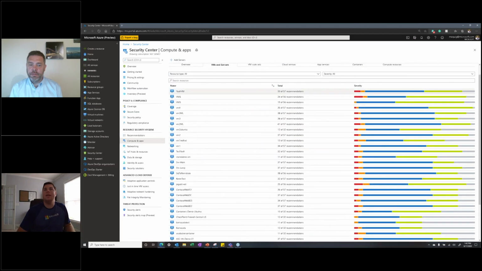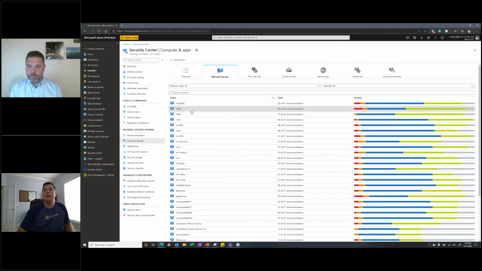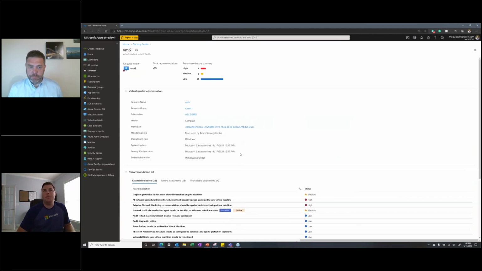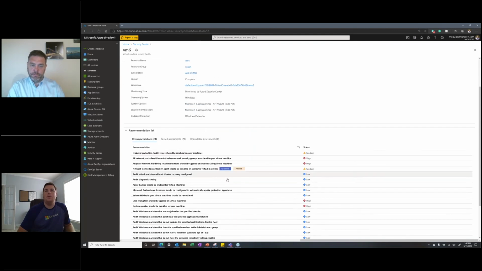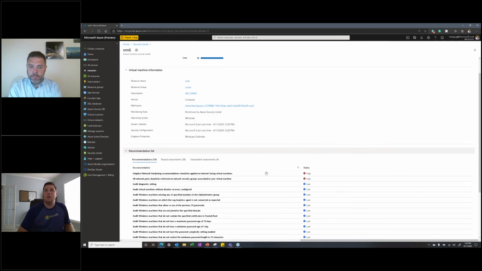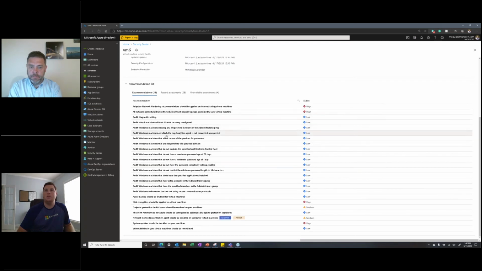All right, so these are individual resources, individual machines that you can go into and say, okay, what are the recommendations for this individual VM? If we dive in here, you'll see your recommendations list. And as Phil was mentioning, all this stuff can be sorted by status, by alphabetical order, however you want to do it.